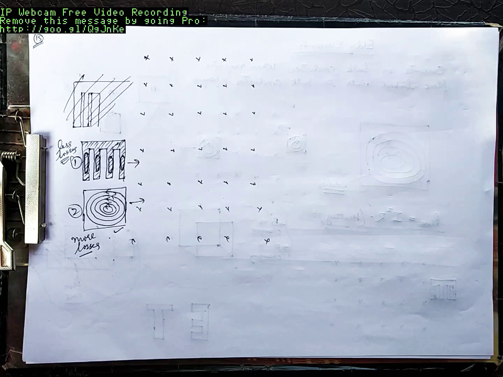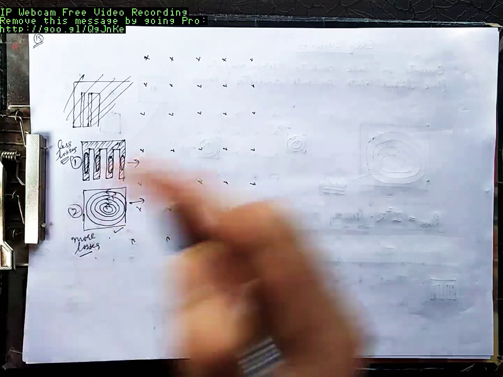So whenever we have to use a transformer and there is a core in the transformer, what we basically tend to do is we want to reduce the eddy currents in the core. How can we reduce eddy currents in the core? What we do there, we do not use a core made of a single solid material. We make the core using laminations.